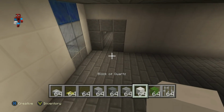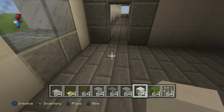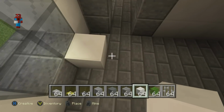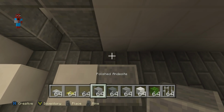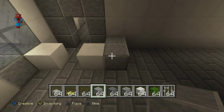So starting this off, can you see where we have this window next to the door that leads us into the prisoner area? We want to take this andesite that's closest to the door, and we want to go to the right of it by one with your block of quartz, skip a block, go right, place a quartz. To the right of that, place an andesite against the door,